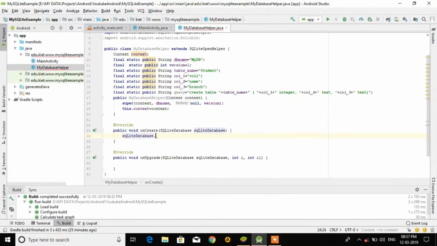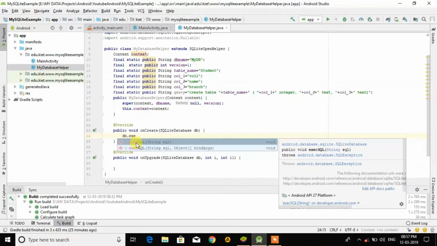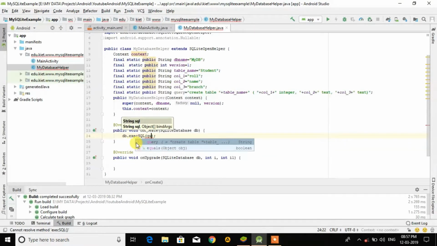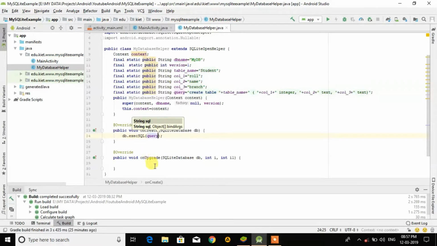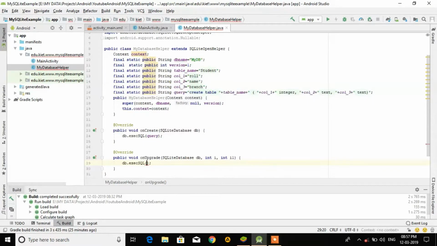So SQLite dot, we can change the name also of this. You can put db. It's very easy to learn also. db. So here we can execute a command db dot execSQL, and here we are passing a query to create a table. Again, if you change some version anytime, then onUpgrade method will execute, and here what we